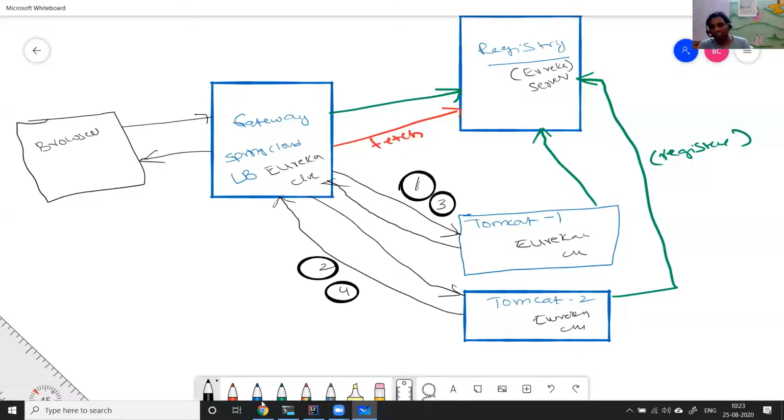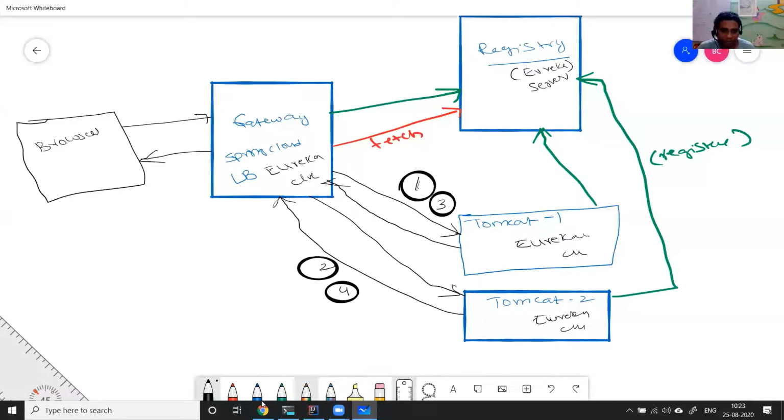There are several ways to do load balancing based upon your requirements. We are not going to do that, but here the two simple things we want to learn are reverse proxy and load balancing. So the Spring Cloud LB component is playing the role of a reverse proxy and doing load balancing as well. Okay, now let us understand the ports.